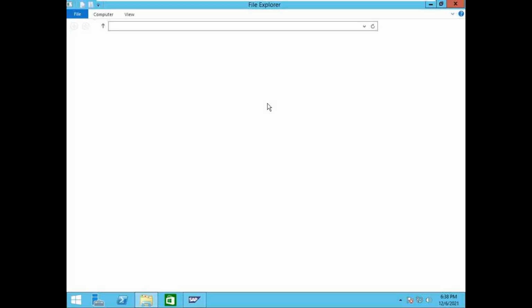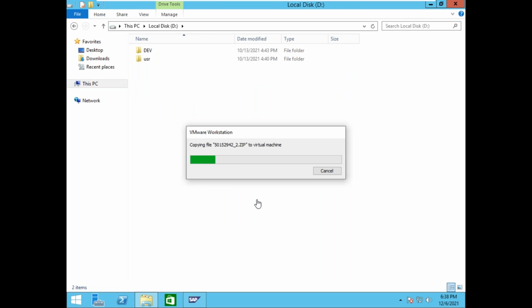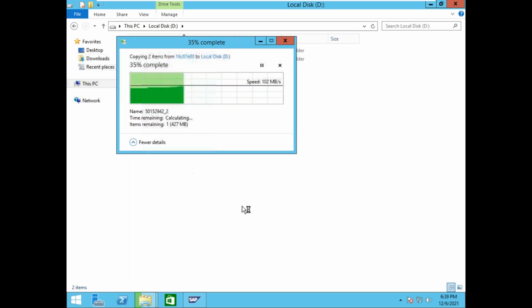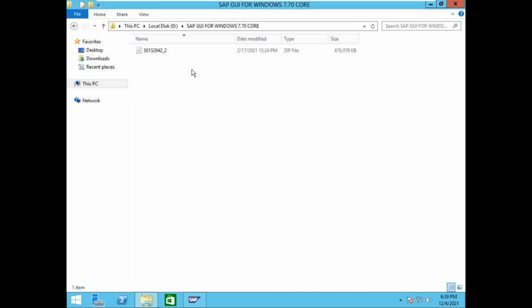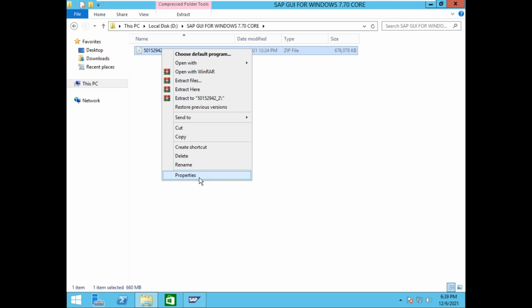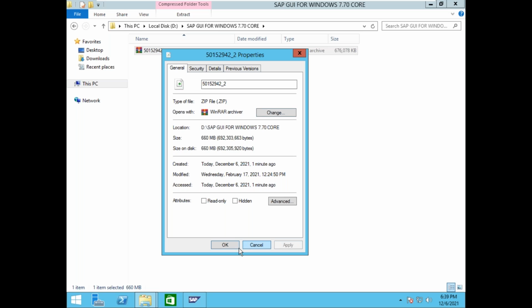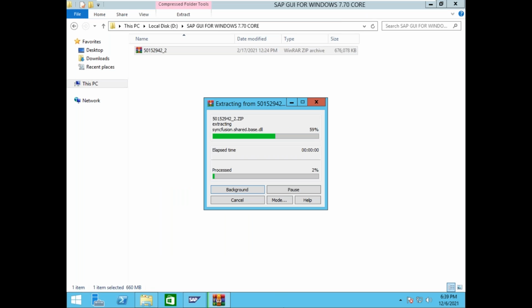I will provide this software to you also. It is a compressed GIF file. You want to extract that file here. Right click, Properties, change to VMware, Apply, OK. Right click, extract here.